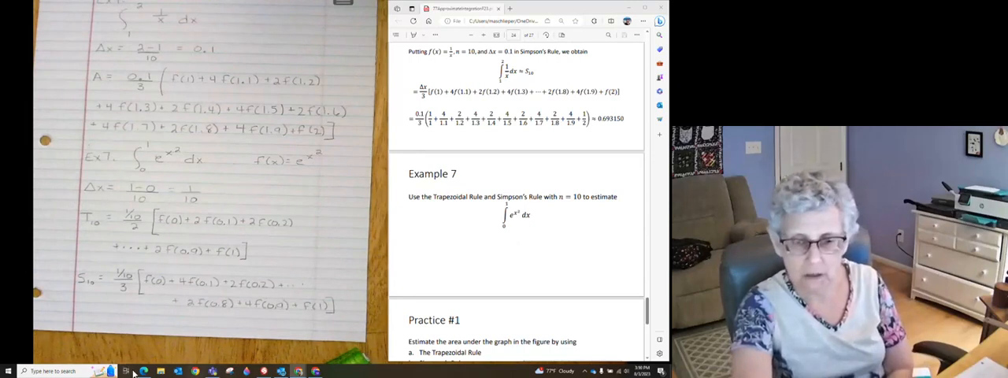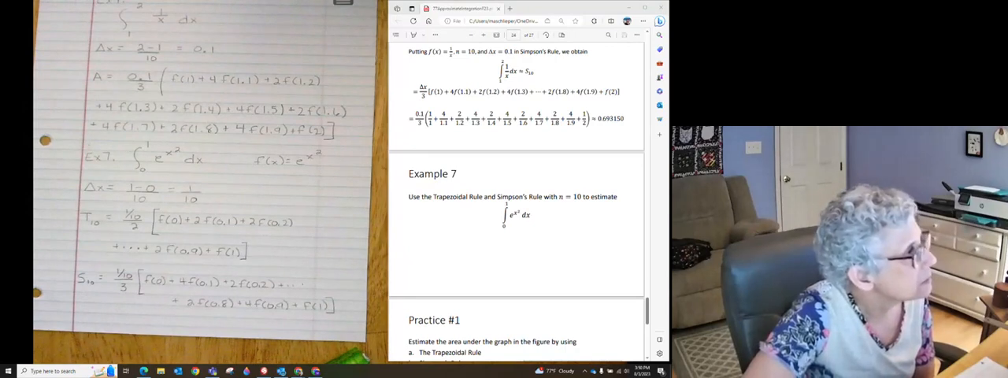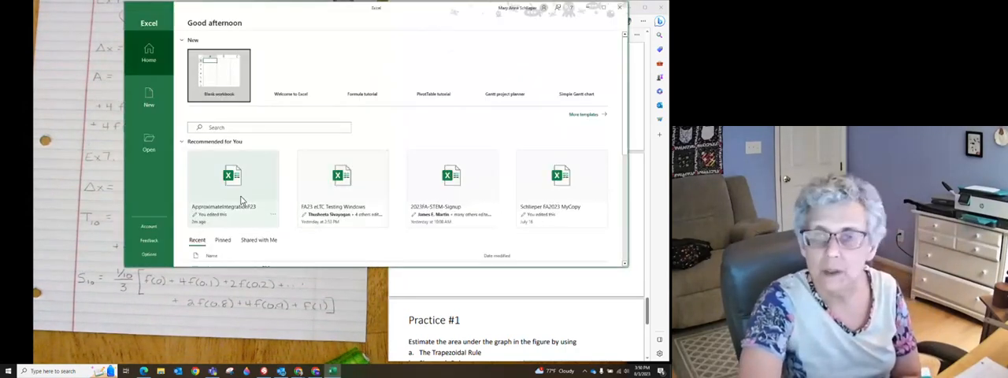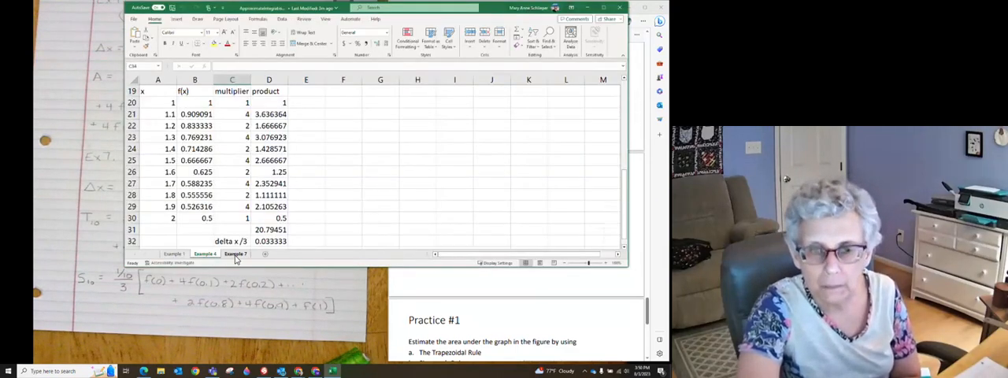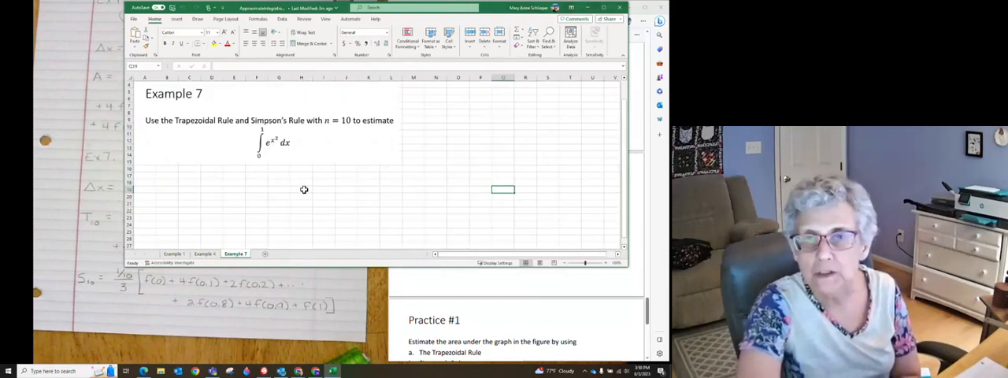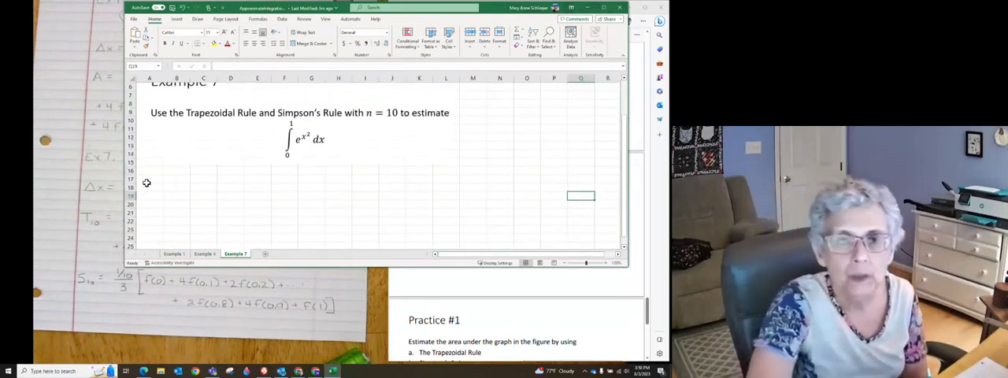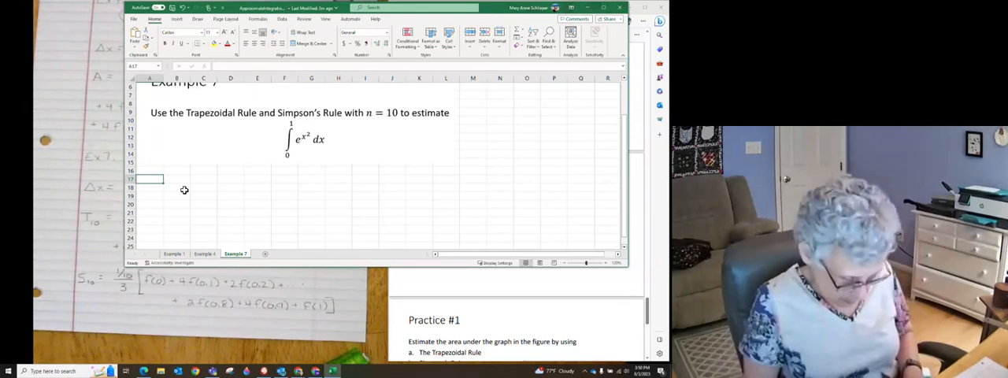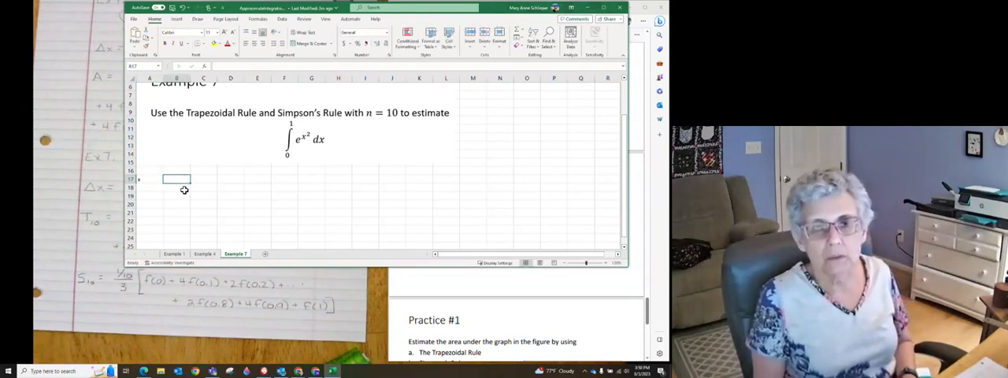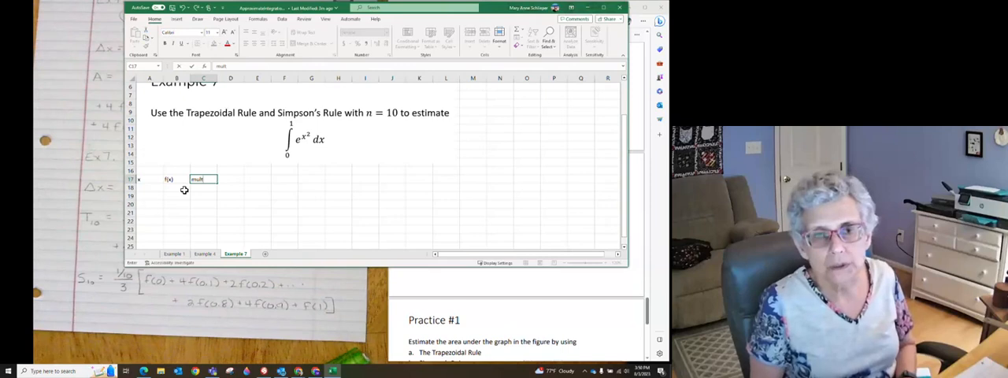I'm going to use Excel to do the work for me. Did I close my Excel? I did close my Excel. I'll have to open it right back up. There we go. Example 7. Trapezoid rule and Simpson's rule. So I'm going to go ahead and make it bigger. We already know what our delta x is. I'm not going to rely on Excel to calculate that for me. We'll do x, we'll do f of x, we'll do a multiplier, and we'll do